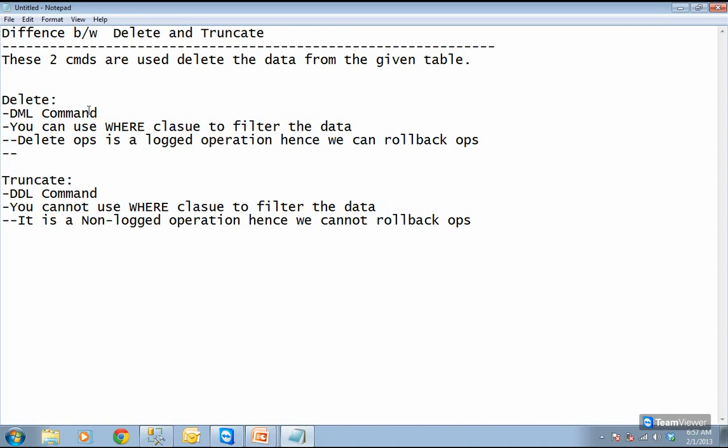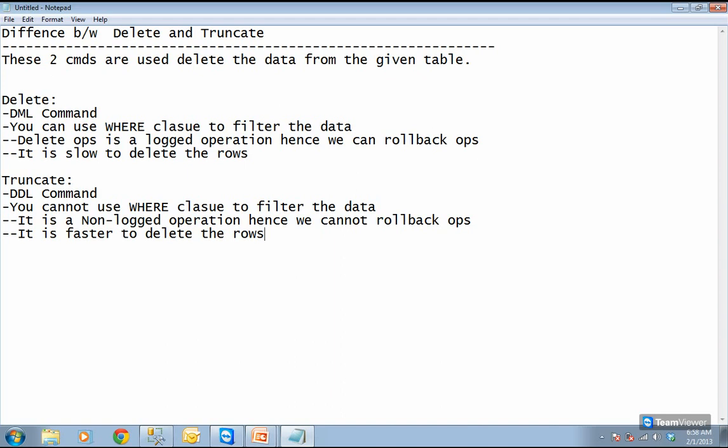Now, delete is a logged operation, so it is a slower operation. It is slow. Since truncate is a non-logged operation, it is faster. Delete is slow, whereas truncate is faster at deleting the rows.